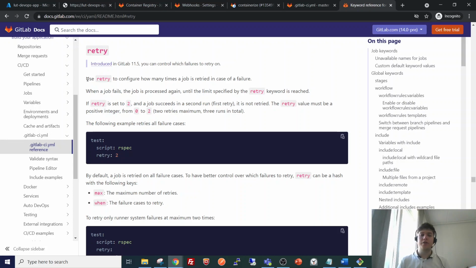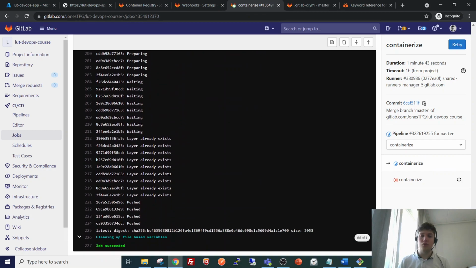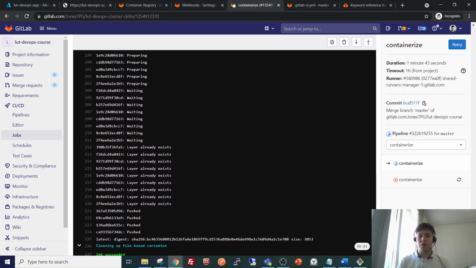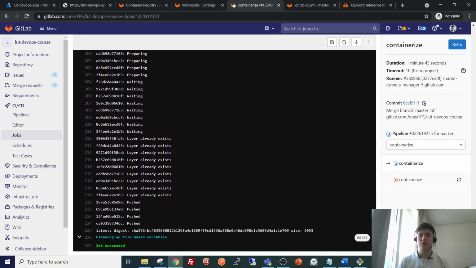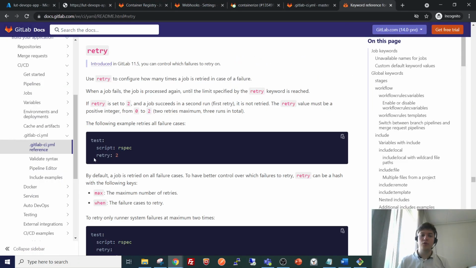This retry actually could be good in this case, since the containerized stage failed due to a problem that doesn't seem to be relevant. It has to do with the Docker Hub, or not the Docker Hub, but maybe the GitLab container registry. So the retry keyword could be useful, so that it would automatically try to publish the container again in case of failure.